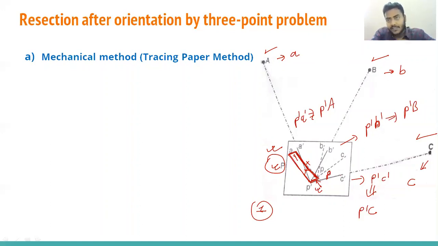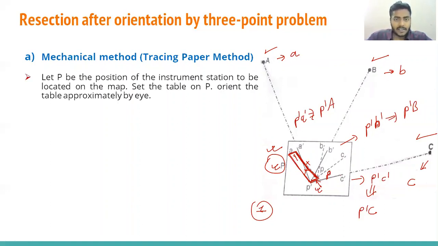and then sight the station A. Then you will see station A is not visible. Then keep the plain alidade like that and rotate the table till station A is bisected, or station A is visible. Once it is done, then clamp the table and the plane table is oriented. We can say the table is properly oriented.